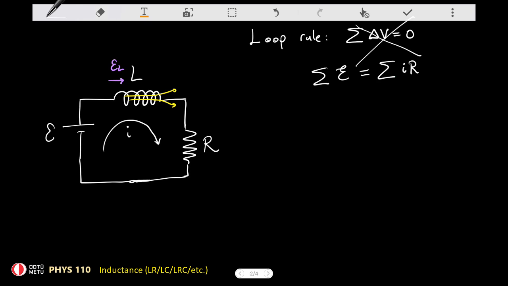So let me just write it down like that. That's basically the sum of EMFs, and this is the sum of potential drops